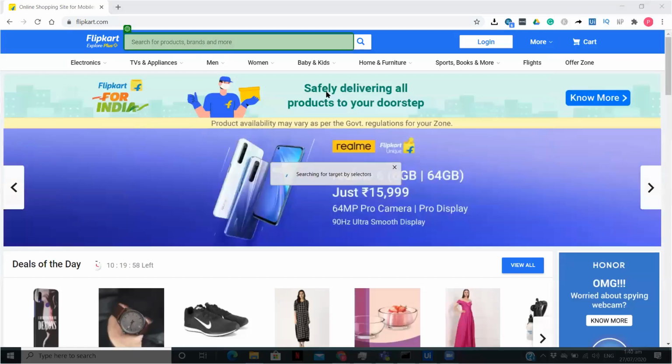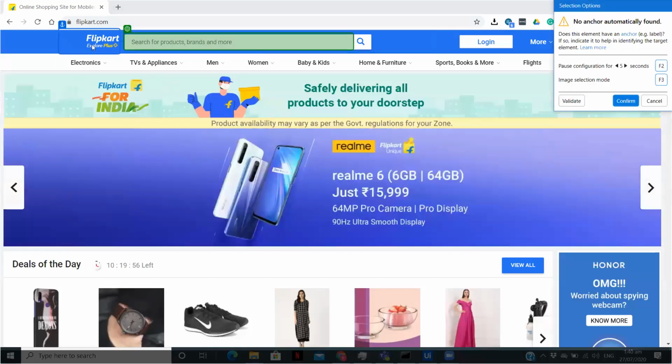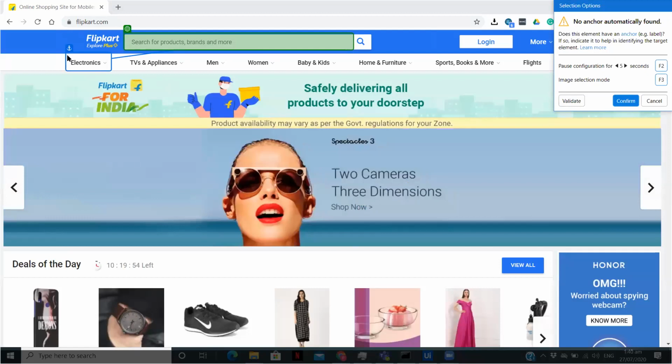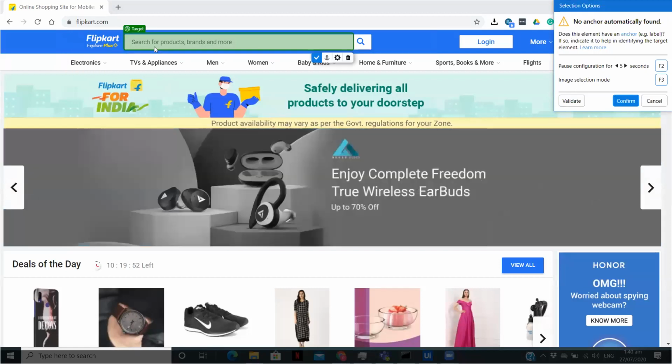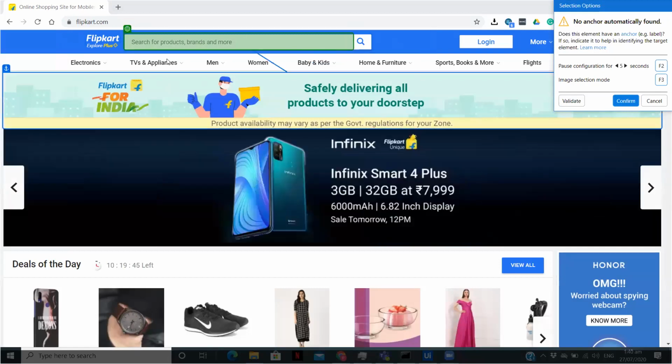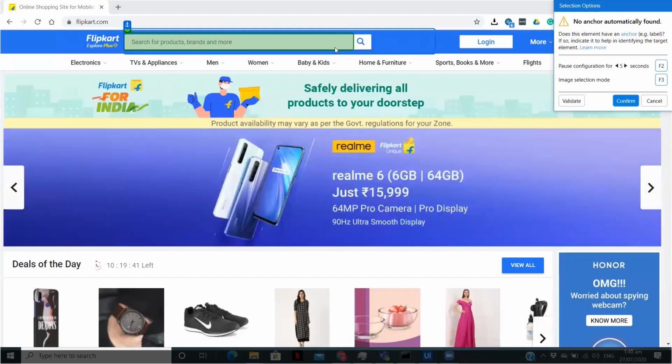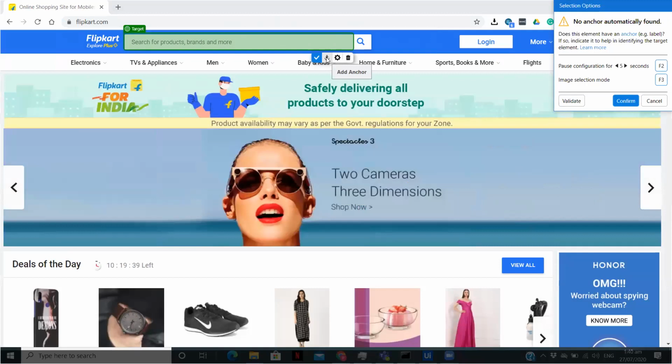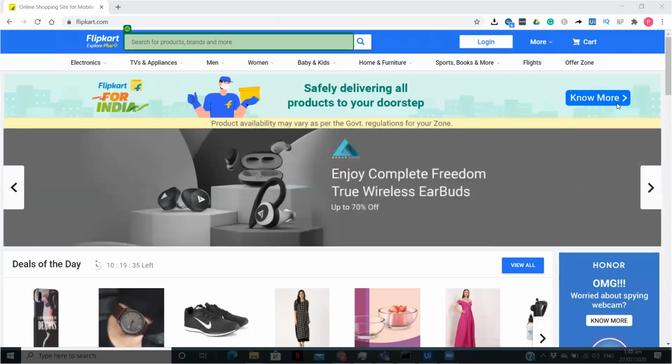Now as you can see here, we can also define an anchor if we want. Normally when we use UI activities, after defining a type into, we need to use the anchor base activity to define an anchor. One of the advantages of using UI automation next is that you can directly define an anchor, like you can see over here, settings, add anchor. But I'm not going to add any, I'm just going to confirm it.